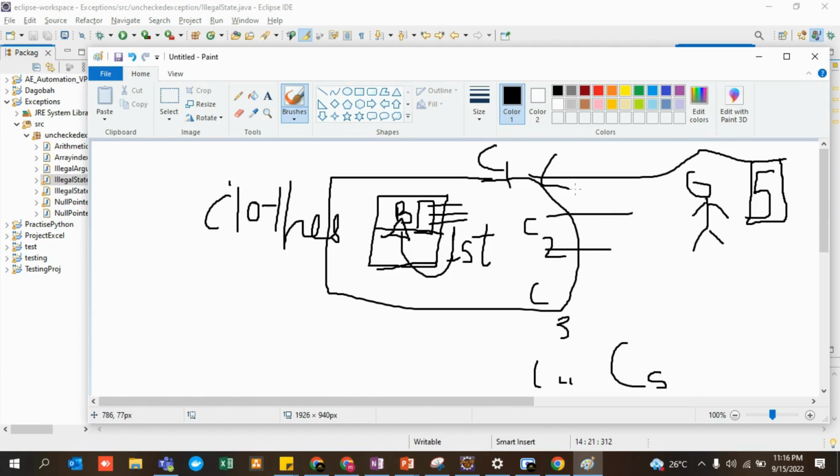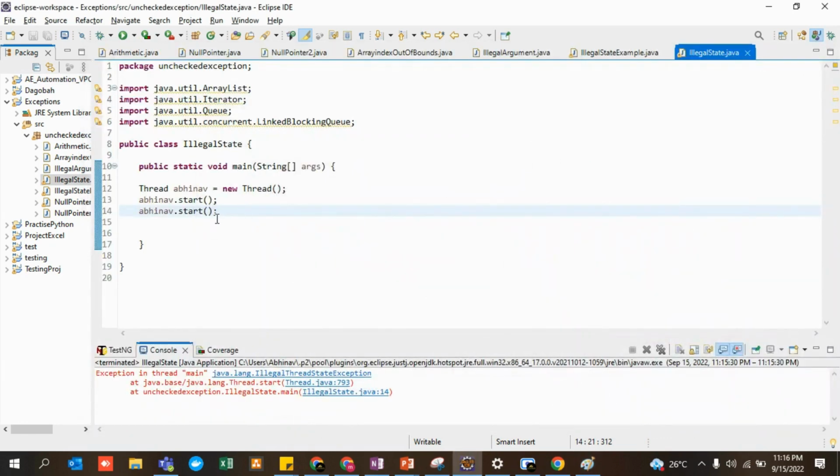It cannot happen, right? Once he has already started his work, allow him to finish all these particular jobs, allow him to finish his pizza delivery to C1, C2, C3, C4, C5. Then only you can assign him some different task or some other task. Just try to understand this with the help of this example. This is not the exact Java example, guys. I am just making it so that you are able to understand what I have written over here,